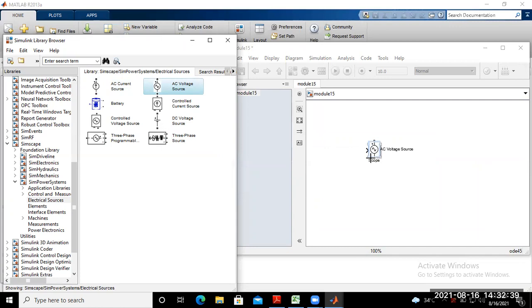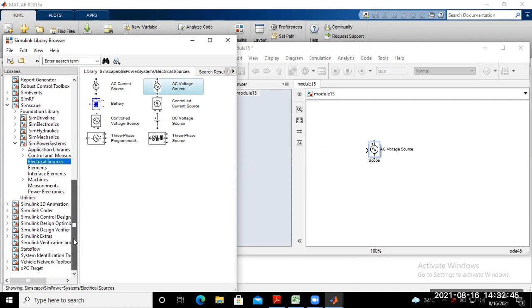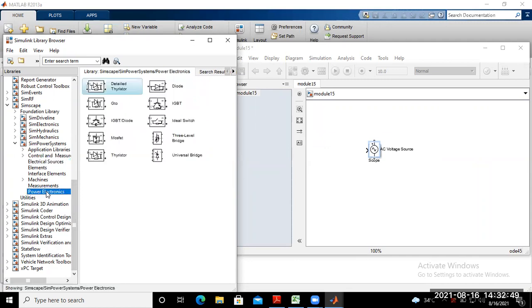So single phase AC source is now available here. Now you can go for the power electronics, power system, power electronics. So various types of power electronics switches are available here. So now you use